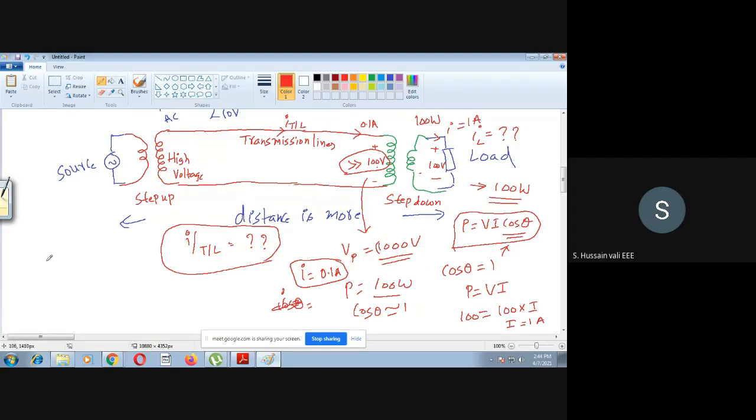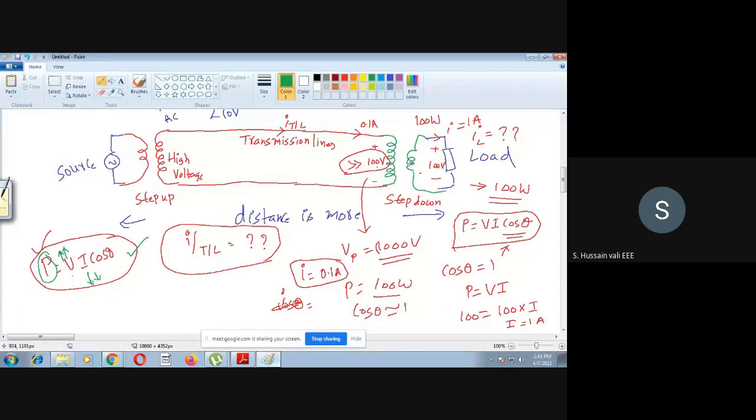How does this equation come? P is equal to VI cos theta. Please see this once again. I will repeat here. The power is constant. This P is constant. It is 100 watt. Whereas VI cos theta is there. So when P is constant, if I go on increasing the value of voltage, for constant value of P, what is the value of I? I will definitely decrease. You see that mathematically here. If P is constant and you go on increasing V, then I definitely has to decrease. Otherwise, this equation will not be satisfied. So to satisfy this equation, if V increases, I decreases.